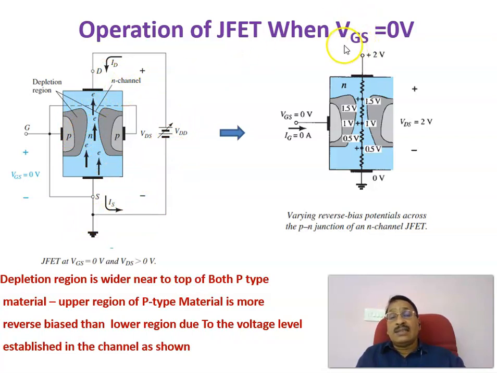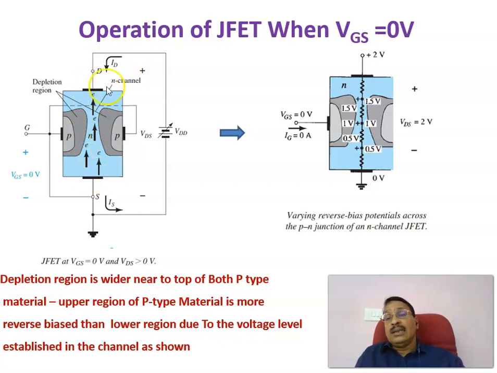Now let us first see that. When VGS equals 0, when you are applying 0 voltage between gate and source, what happens? When the drain to source voltage is increasing, more voltage comes at the drain terminal with respect to the source, and then more electrons would be flowing in this direction. More electrons are attracted, and that will cause a current, the drain current, in this direction.